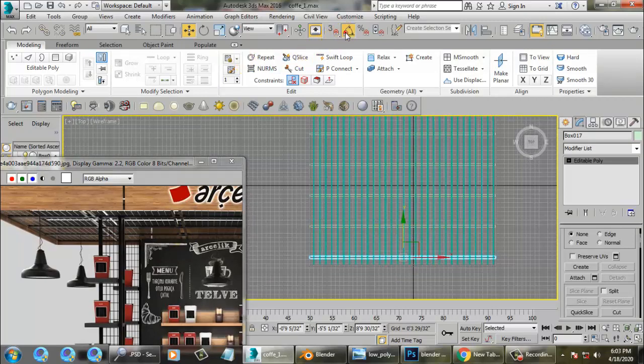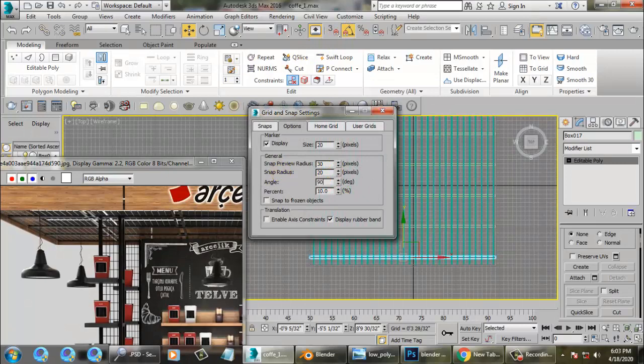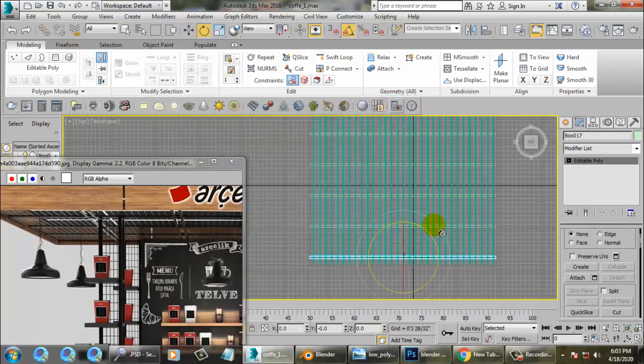Let's rotate it to 90 degrees and copy it.